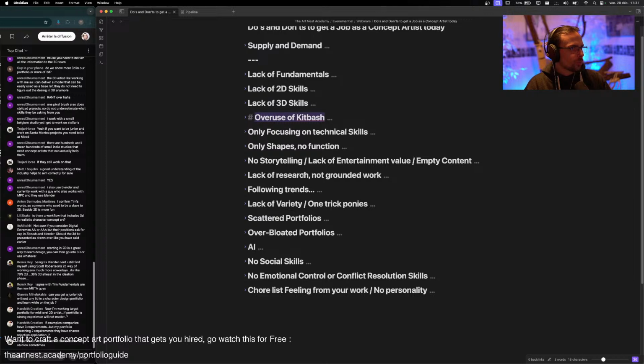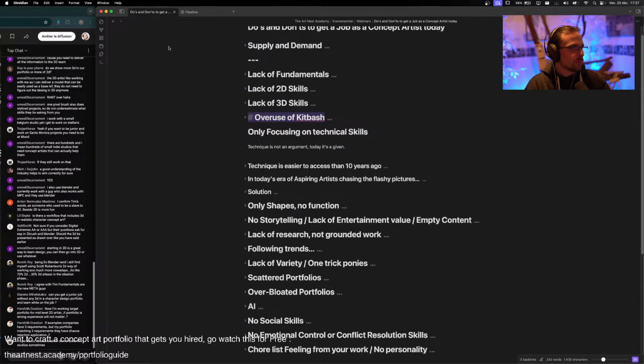Generally, people who jump onto kitbash forget about learning how to model and create assets, forget about 2D and really jump into flashy pictures and rendering. It's very similar to the next deal breaker, which is focusing only on technical skills and making flashy pictures. I know it's flattering for the ego. It's very satisfying to make. It can be fast to make. So, you know,